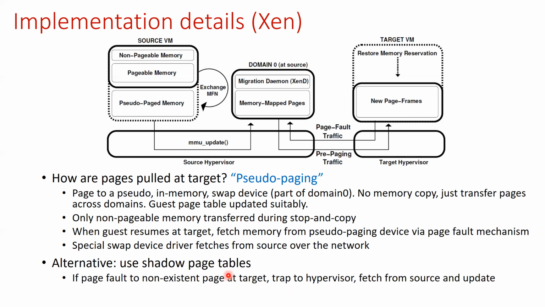So much like pre-copy, once you move to shadow page tables, the Xen hypervisor has full control over the page table. It can fetch pages as and when needed. This is what happens in uncooperative swapping, for example. When you use shadow page tables, without the guest's knowledge, the host has taken away some pages. It will be a similar scenario. There will be page faults, which will trap to the hypervisor, not to the guest, because the guest is not involved here with the shadow page table. They'll trap to the hypervisor, and the hypervisor will fetch the pages from the source.